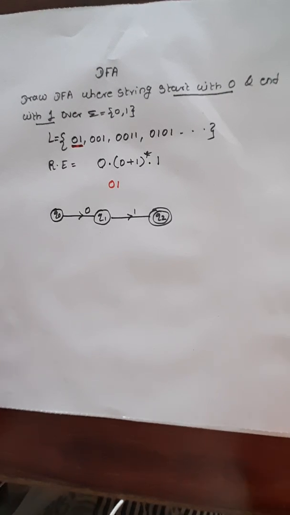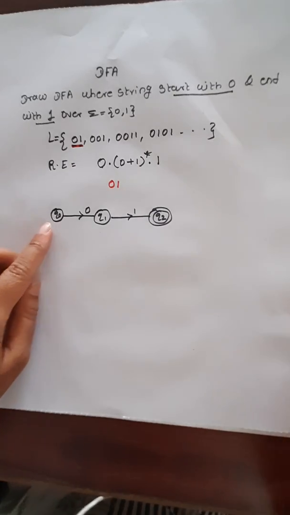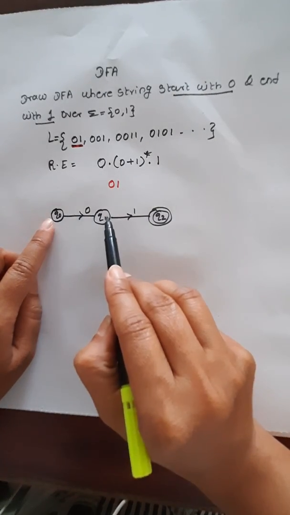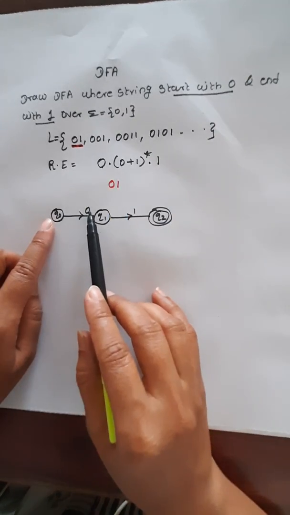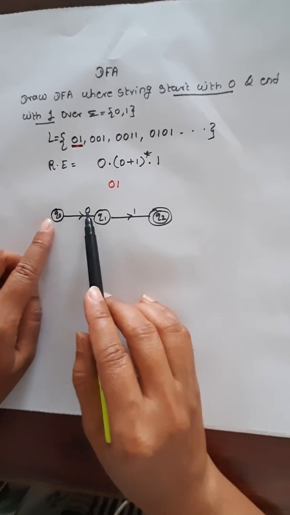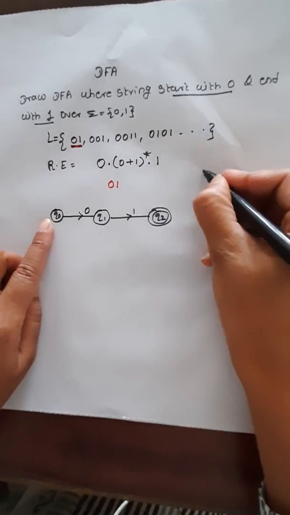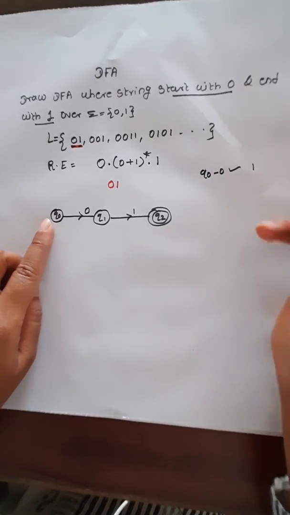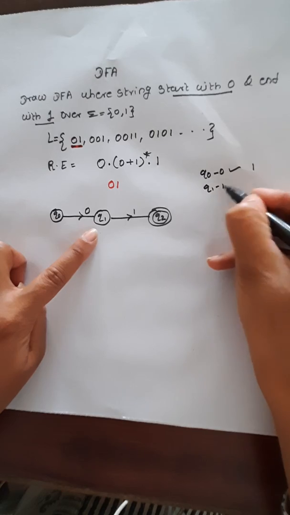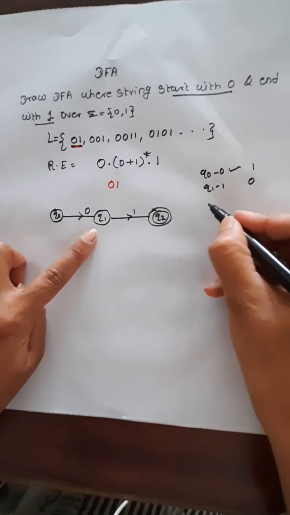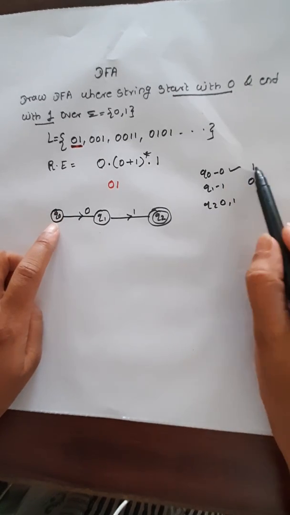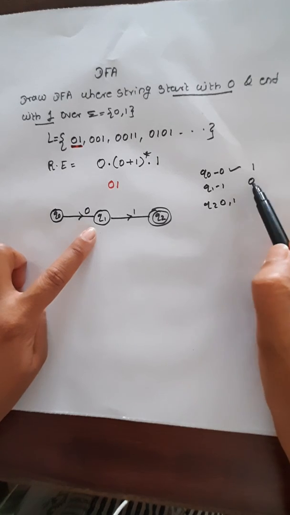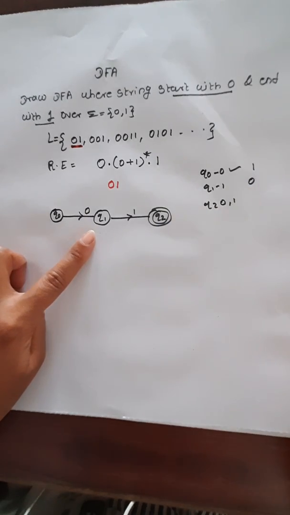Now everybody knows the restriction for the DFA. The restriction is that from each and every state there should be one transition for every input symbol. Here the input symbols are 0 and 1. Q0's 0 is there, 1 is left. Q1's 1 is finished, 0 is left. Q2's both are left, 0 and 1. So we have to make the transition for Q0 on input symbol 1, Q1 on 0, and Q2 on both. Cleared everyone?